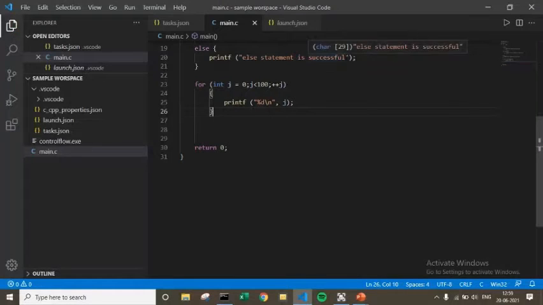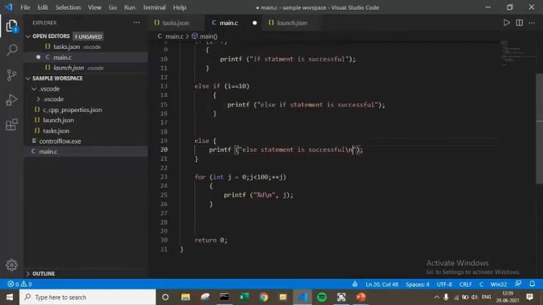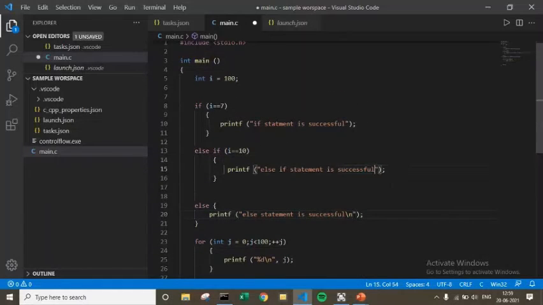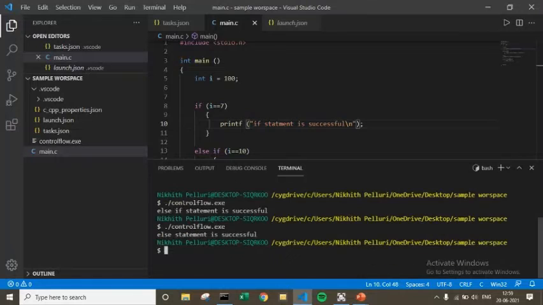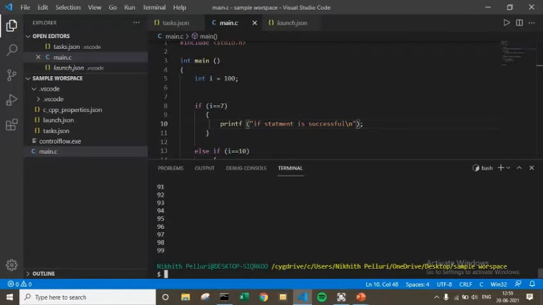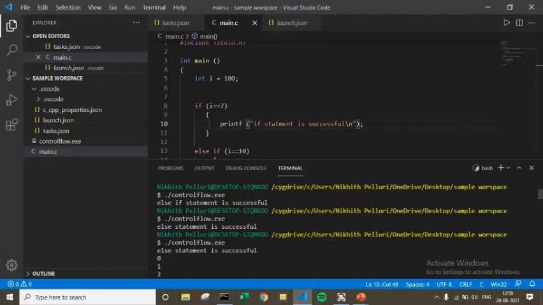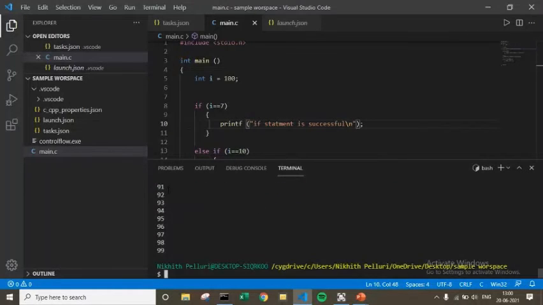Let's add a new line even for these things, so that the output would be better. So if you see, it printed out all the numbers from 0 to 99.